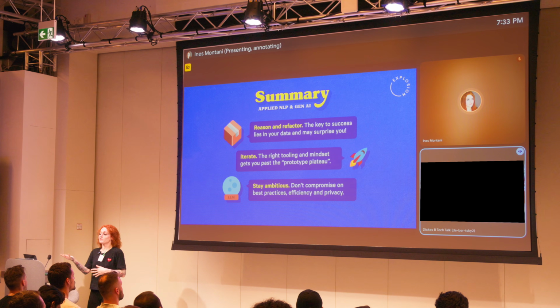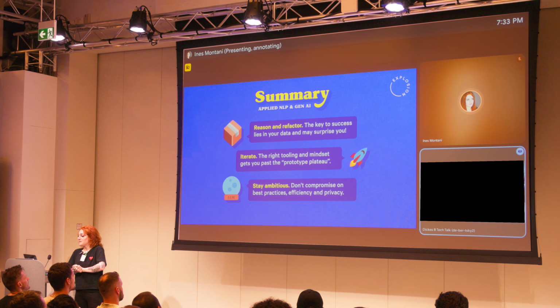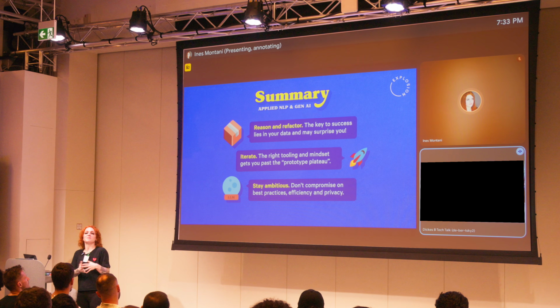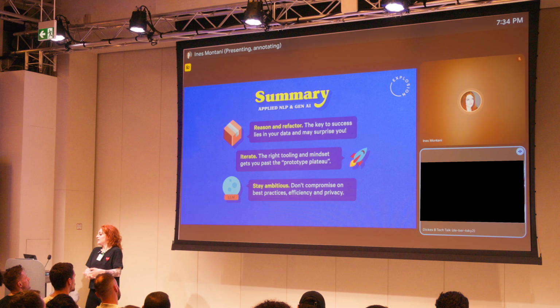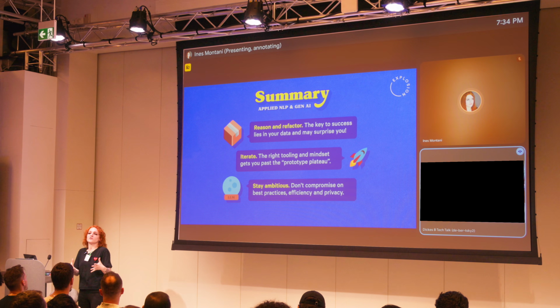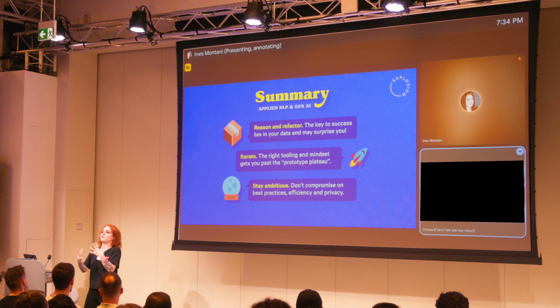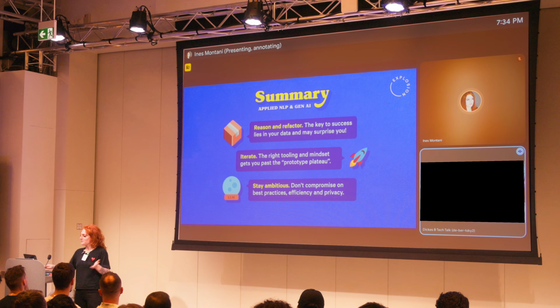And finally, we've also seen that there's really no need to compromise on software development best practices we've built up over the years, like transparency, modularity, efficiency, and also data privacy. We don't want to be building systems that are worse than what we have currently. And yes, there might be companies or people in the industry telling the story that all you need is a bigger and bigger model, but as developers, the rest of us, we don't have to